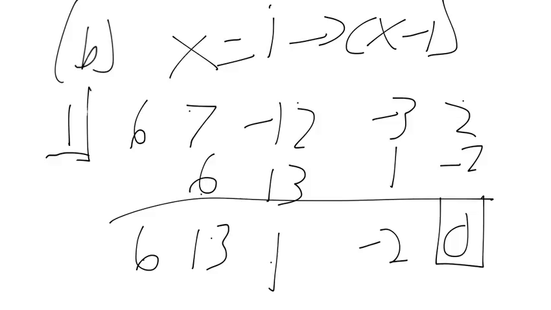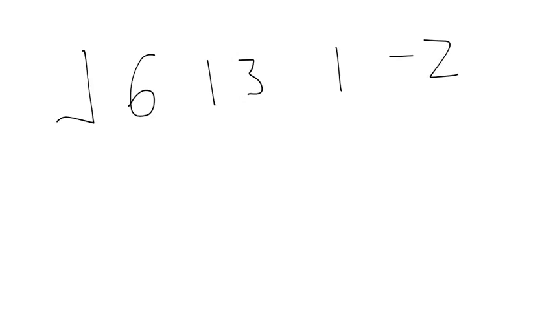And what we get when we divide our original quartic function by x minus 1 would be 6x to the 3rd plus 13x squared plus x minus 2. Now that cubic function, that's 6x to the third plus 13x squared plus x minus 2. Let's check some of those other zeros to find what the other factors are of that. So if we write down our coefficients, 6, 13, 1, and negative 2, of our new polynomial,